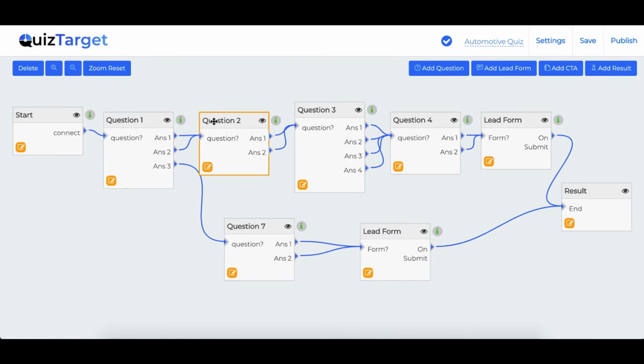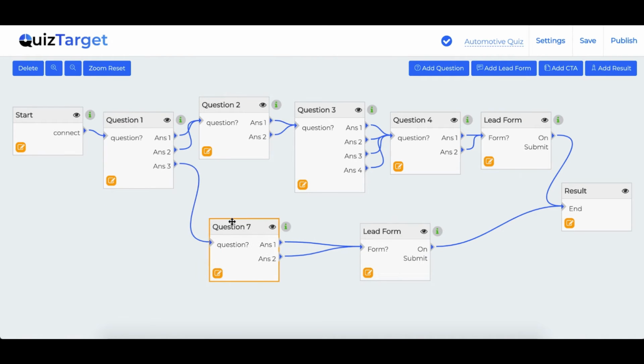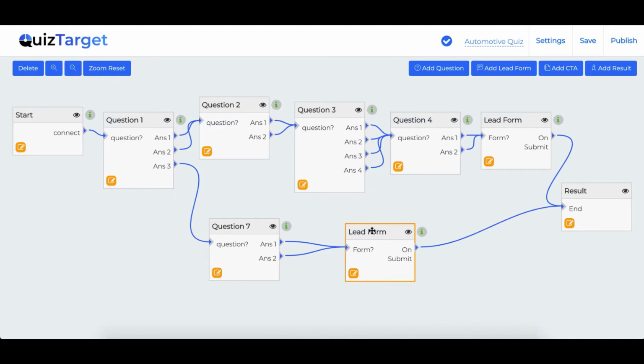As you can see, this is fully drag and drop, and you can easily control the user journeys as per their answers. In here, if someone gives an answer 1 or 2 to the first question, they will be taken to question number 2. Similarly, if they select answer number 3, they will be taken to a different route in order to ask them more relevant questions and segment them in a different list altogether. You can edit this connection at any point of time. You can change this connection as you want.